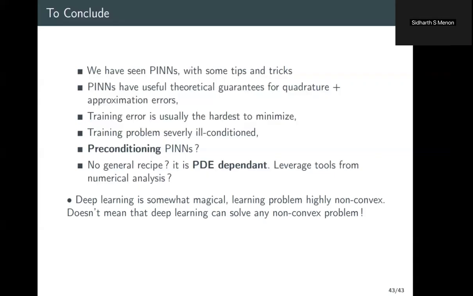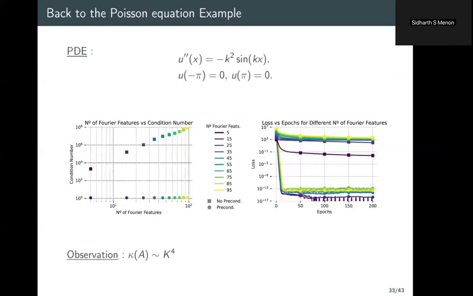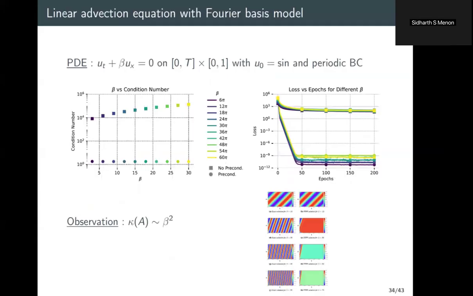I have a question about the two sets of results that you showed through your numerical experiments, with linear advection and the equation before that with the forcing term. Here you're saying that the conditioning of A depends on k to the power 4, where k is your frequency, I believe. And now if you go to the linear advection in the next slide, you mentioned that it depends on the parameter beta, which is your constant speed for linear advection.